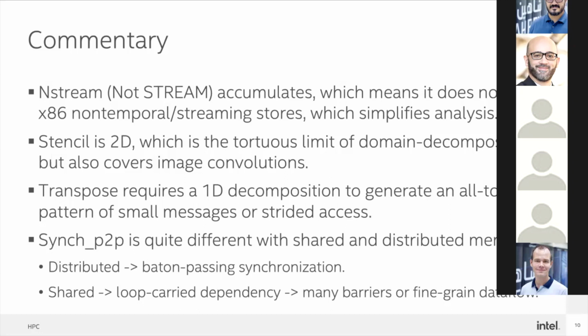Lastly, sync P2P is, as I said, quite interesting, and it's different if you're in distributed memory. It's an interesting synchronization benchmark, and from a point-to-point stance, if you're in shared memory, it turns out that you have a whole bunch of different choices, including using fine-grained data flow. If you're on a GPU and you can't do that, then you have to use barriers. We have a very interesting implementation using cooperative groups that has been useful, and it's a great way to understand some GPU models, but I'm not talking about that today. Okay,